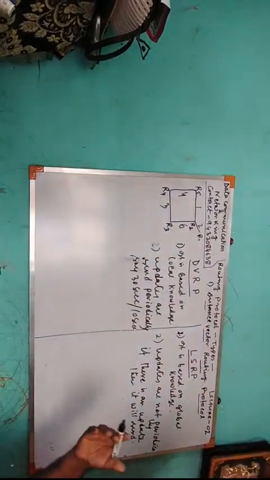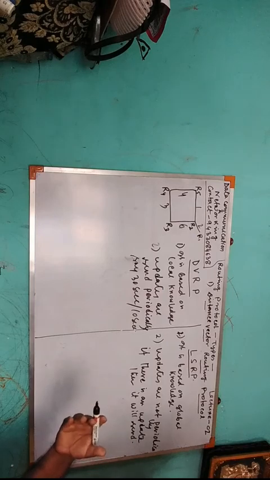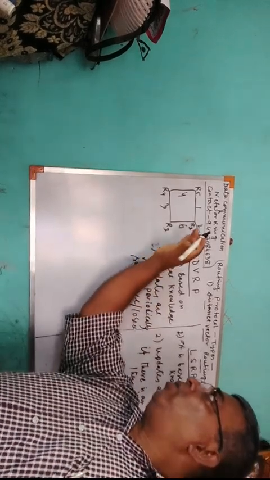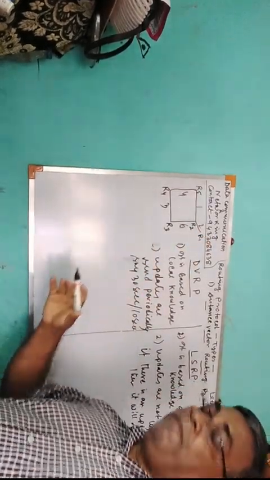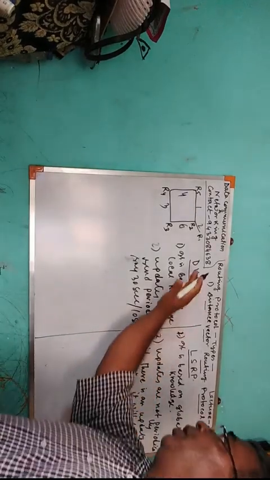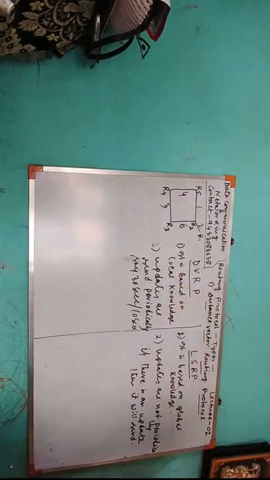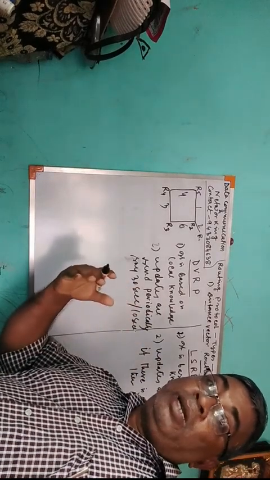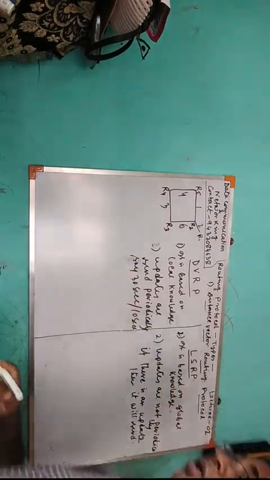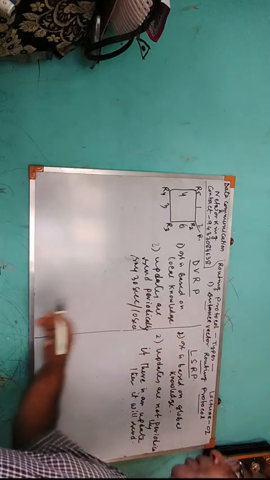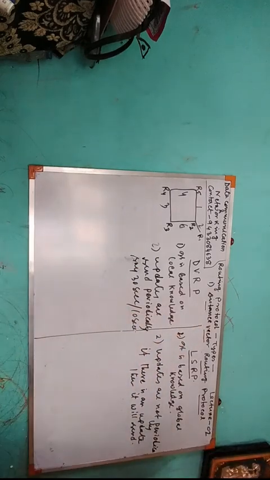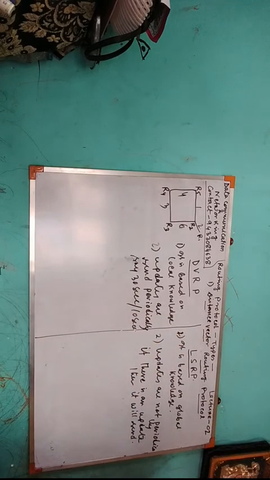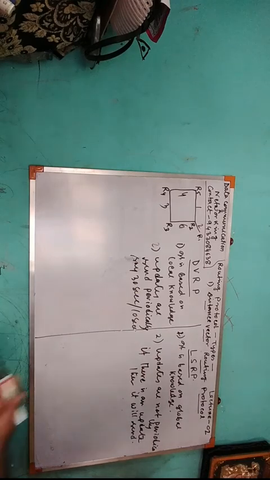That means the router will send the update to every router, not only the neighboring ones. So this is the main difference between distance vector routing and link state routing. Link state routing means every router will send the update to every other router, but in case of distance vector, only the neighboring router. So I can write: updates are sent to directly connected neighbors only.